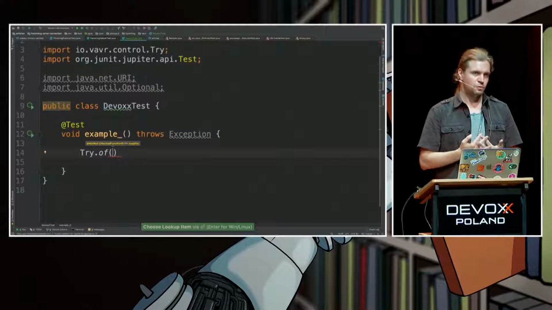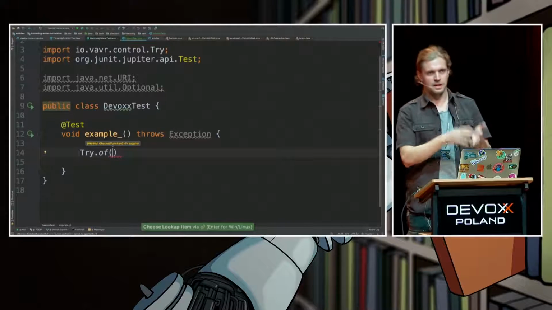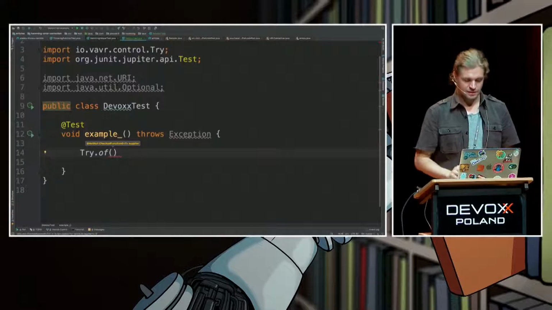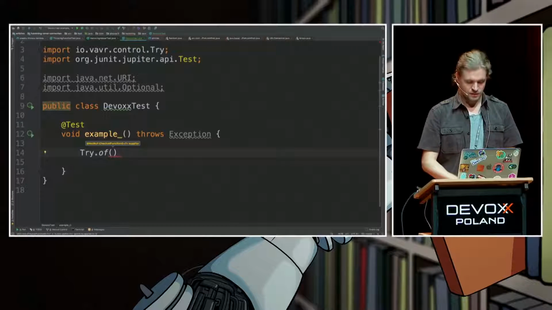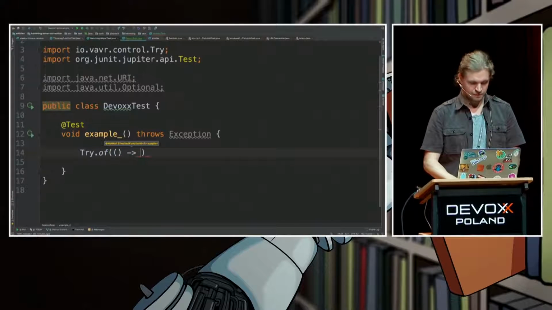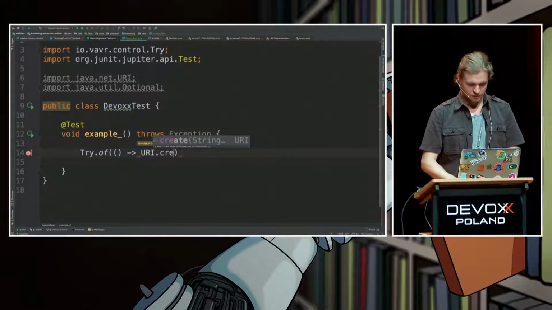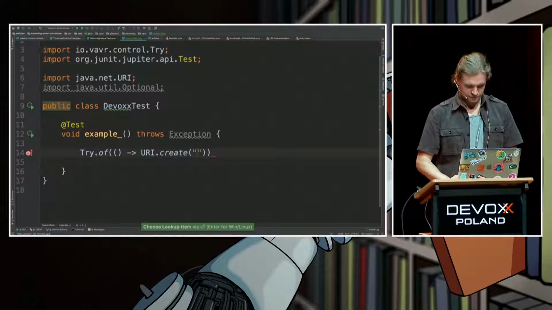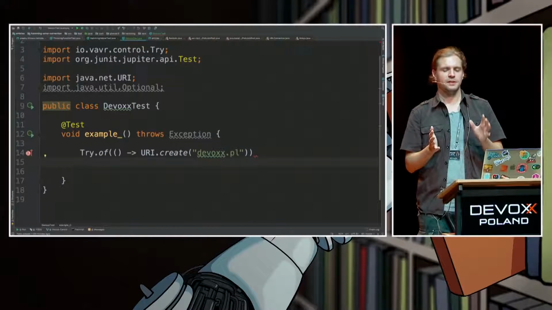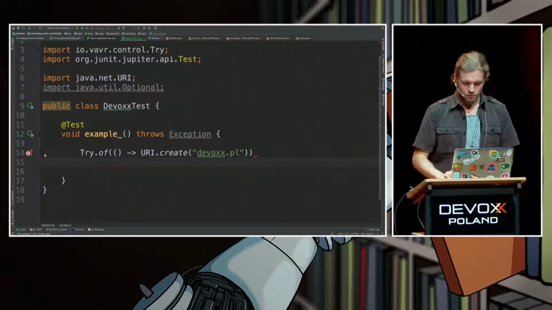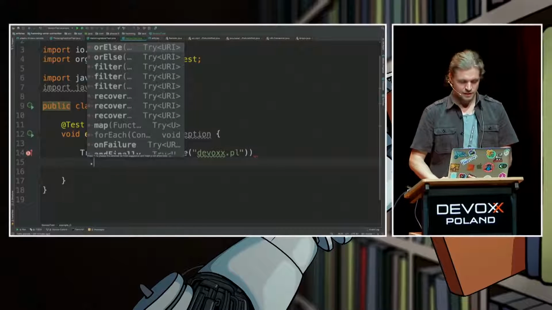So again, if you would work with optional, you'd put some normal object inside. But since we are passing actions around, we need to do a simple lambda. So let's try to create something here. Let's say... And that's all. We already encapsulated our value in a try object, and as you can see, the API